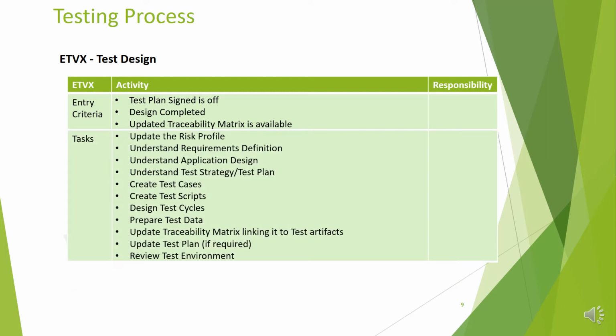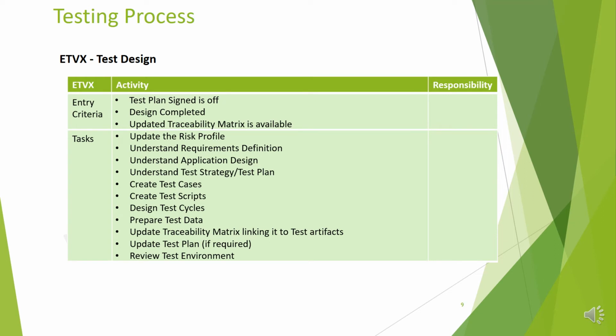Under tasks, the activities are: update the risk profile, understand the requirements, understand the application design, understand the test strategy and test plan, create test cases, create test scripts, design test cycles, prepare test data, update the traceability matrix, linking it to test artifacts,